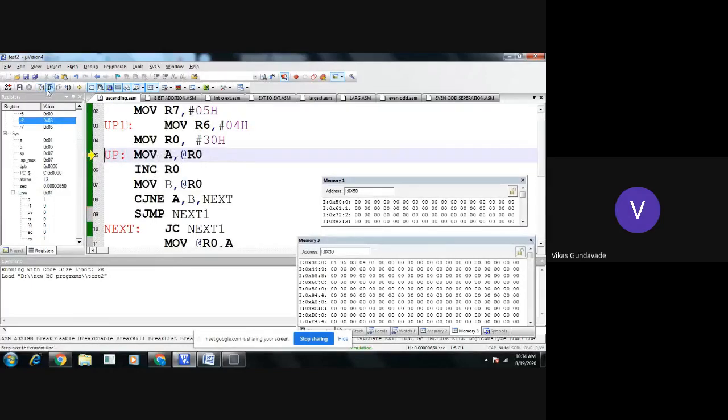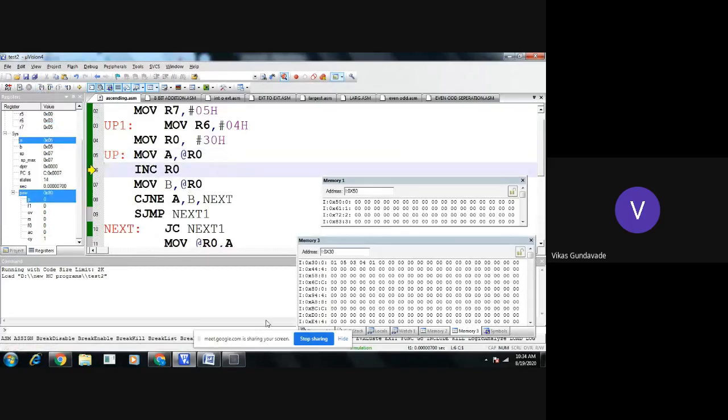Now accumulator contents are 05, that is the second number, available in the accumulator. Then the third number is available in the B register. See here B register contents are 03 now.